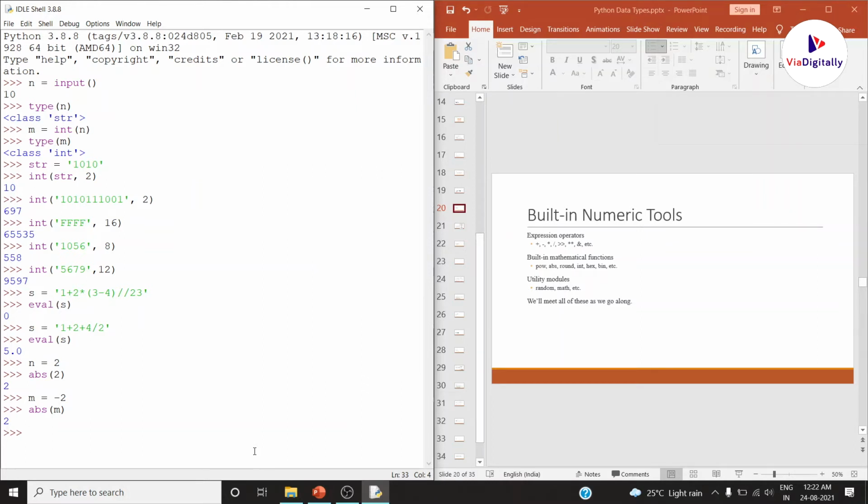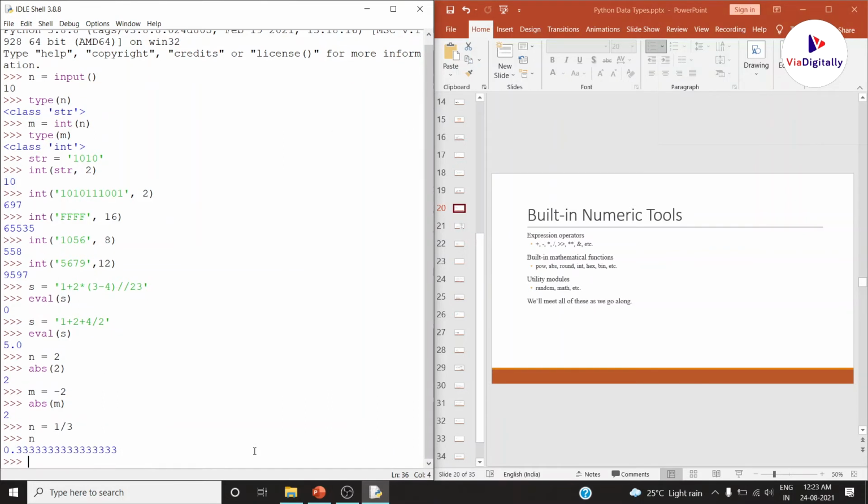And the round function. For example, let me take n is equal to 1 divided by 3. What is n? It is 0.33333 and so on. Now I want to round this number up to 2 decimals. What I will be doing is round, passing n and how many decimals you want.